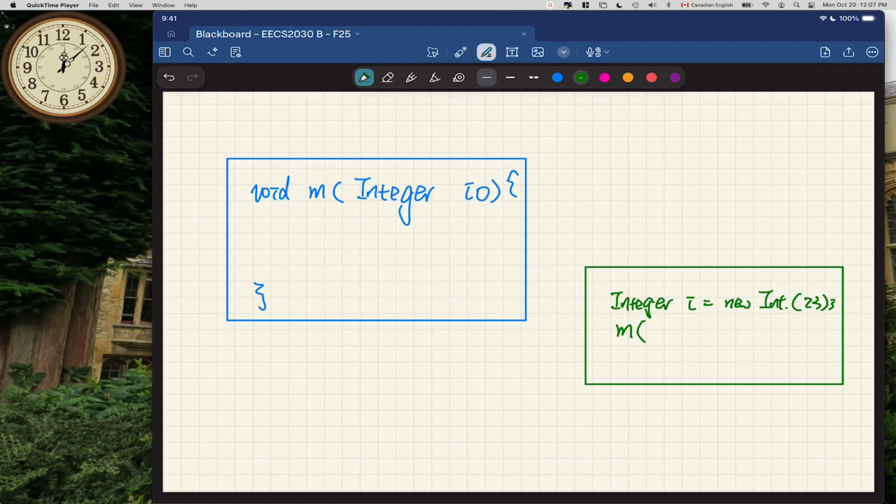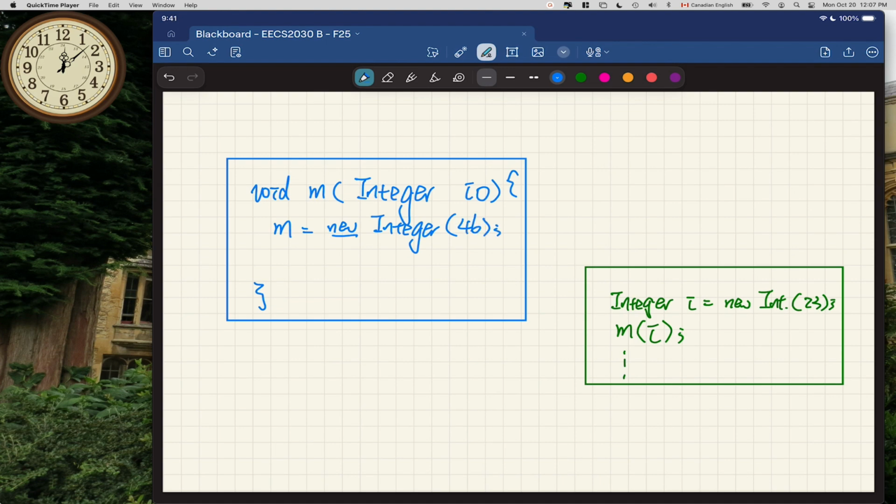And then I'm calling m(io). And what I want to do there is I can say n is assigned new Integer, first of all,